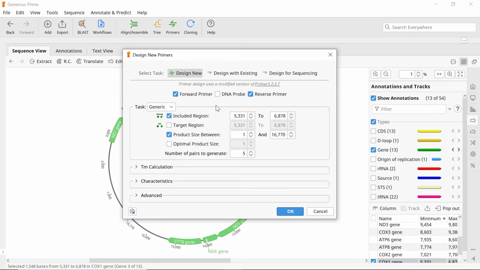Alternatively, you can use the boxes to the right to specify a region of interest. If there is a specific part of the sequence that you want to amplify in the PCR, you can also set this by using the target region option. However, since I don't have a specific region of the gene that I want to amplify, I will leave this unchecked. For the product size, I will set this to be between 200 and 300 base pairs. I'll also choose to have an optimal product size of 250 base pairs, and generate just a single primer pair